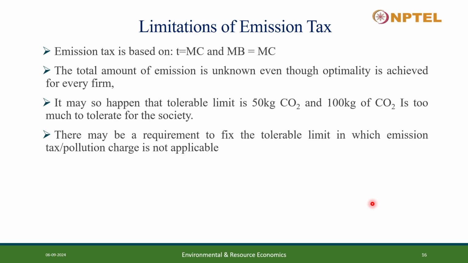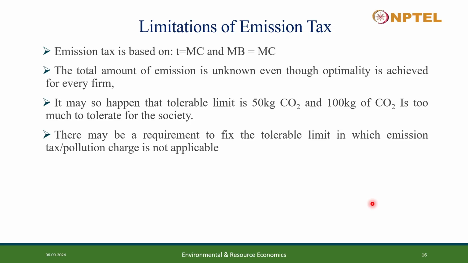And we find the value of tax, that is T. However, many times we don't know the marginal cost or marginal benefit, so there is uncertainty, and we have also summarized that